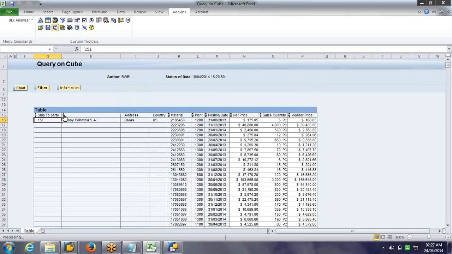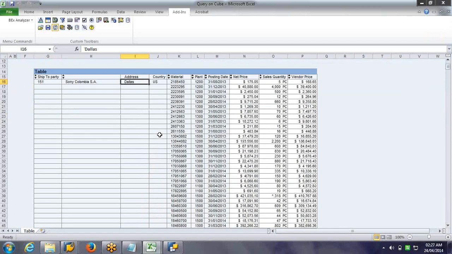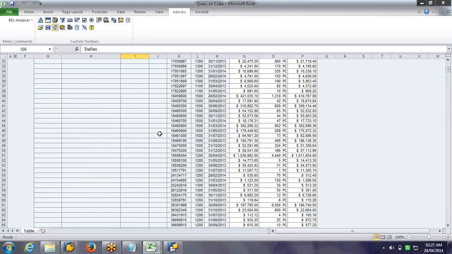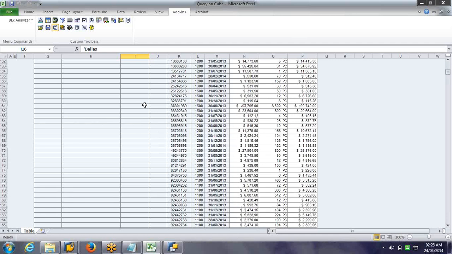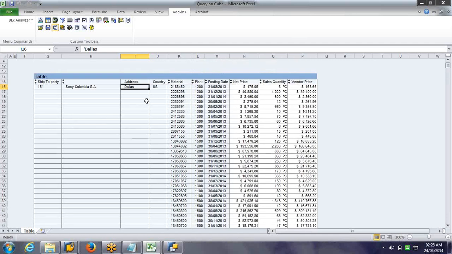This will help him in his analysis. Clear? So the master data attributes are there for display purpose, and that's why we are able to use them for display purpose only.